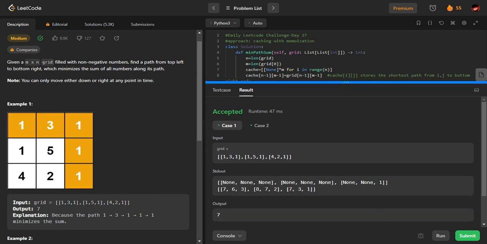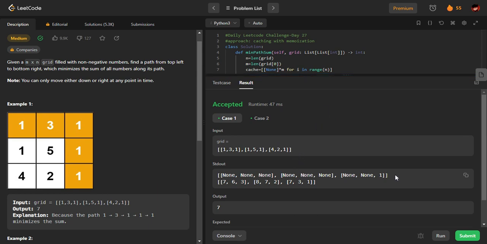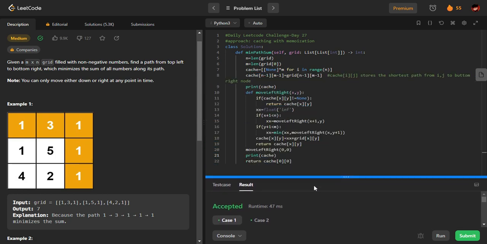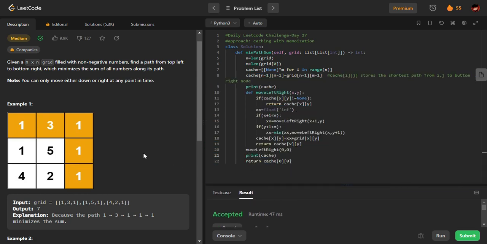So I have just printed how it looks. See, this is how it looks. This top one is a square given. It will be a similar square, but the only thing is the last variable and this variable will have the same number. So what I am trying to do with memoization, I think till now I have not shown you any such approach in all my videos. So see, what I am going to do here is,